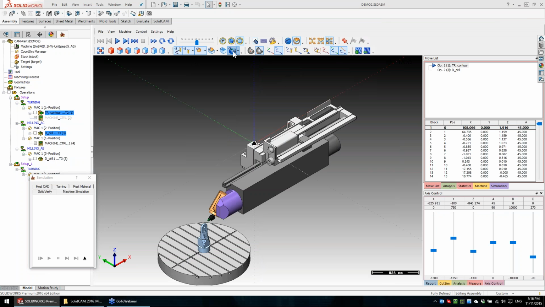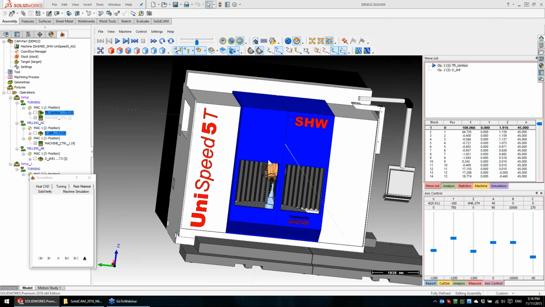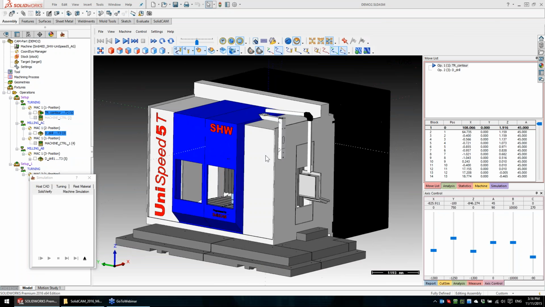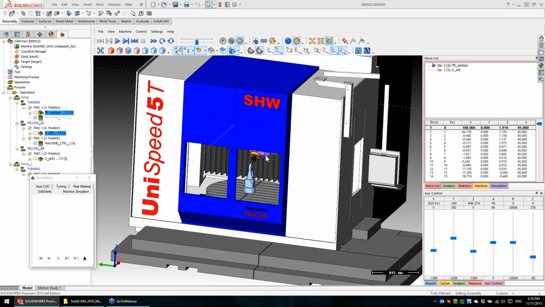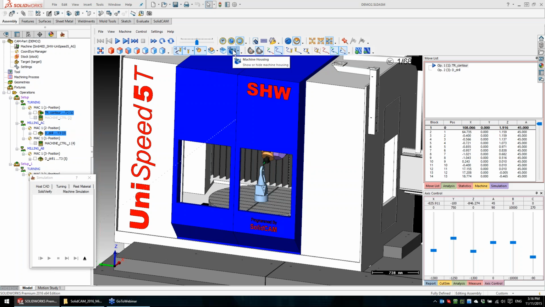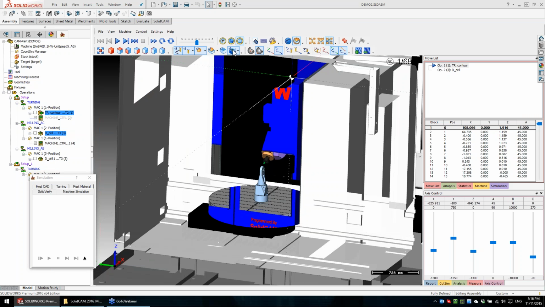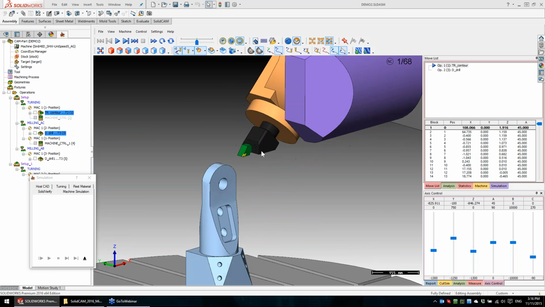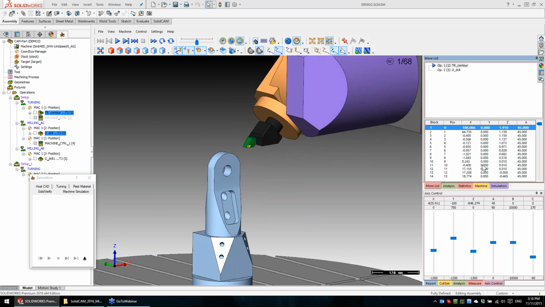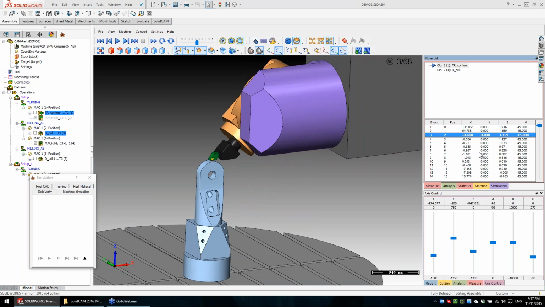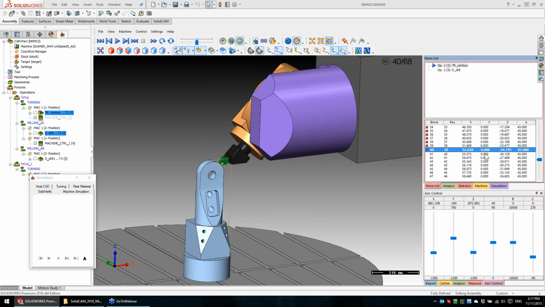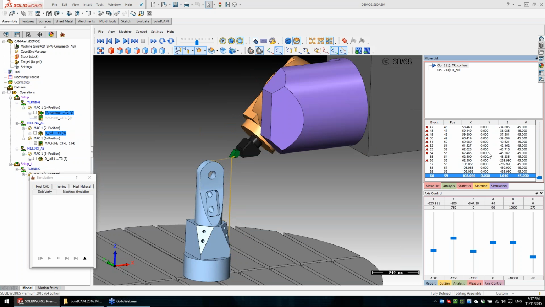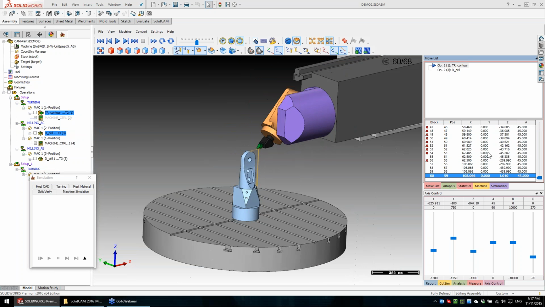so this is the entire machine, Unispeed 5T 6-axis machine, a milling machine with turning capabilities. Let's hide, and I use a standard 45 degrees holder with a turning tool, creating only a finish toolpath to demonstrate how it's working. Now,